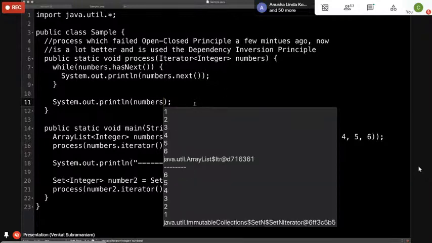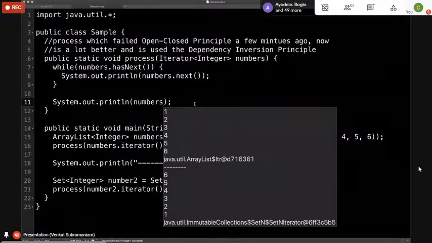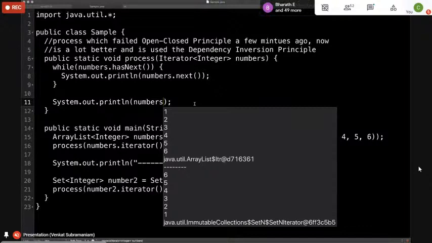But watch carefully at the output. The output on the top shows ArrayList$Itr. The one in the bottom says Collections$SetN iterator. So notice both of them give you iterators, but they are different iterators.